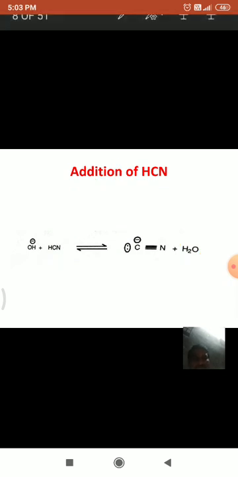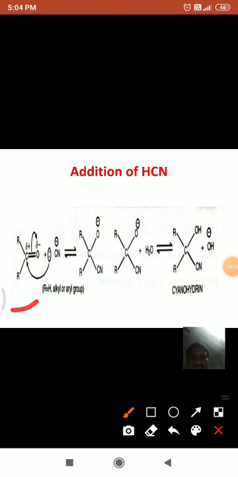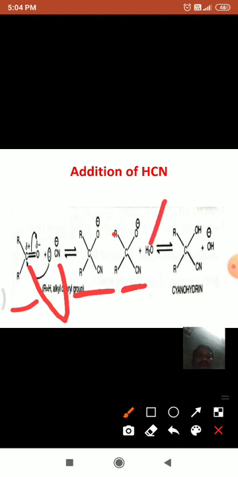And in the next step, let us see what this formed cyanide ion does. This is actually an aldehyde or ketone. In this aldehyde or ketone, the cyanide attacks at the carbonyl carbon. It leads to the formation of this intermediate ion. See here, when cyanide attacks at the carbonyl carbon, this oxygen gets a negative charge, and then this intermediate ion combines with the positive part of the reagent, that is H plus, and it forms the cyanohydrin.